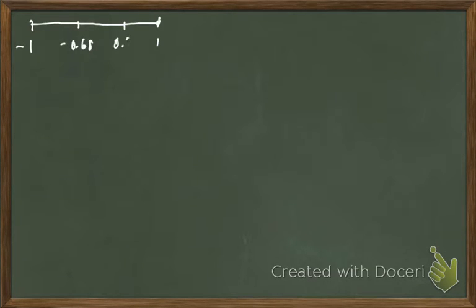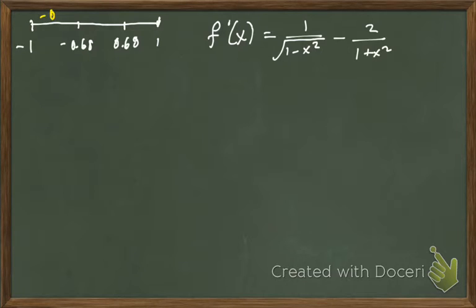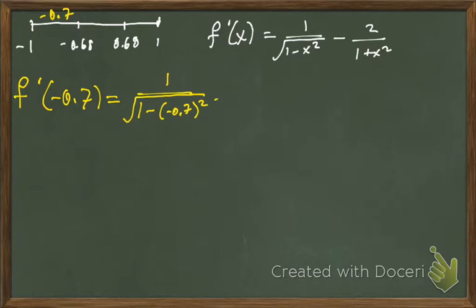So let's pick -0.7 would be good. And let me go ahead and write down what the derivative is. And we'll go ahead and use -0.7, plug it into the derivative. And we're not interested too much in what the number is other than is it positive or negative. Okay, so here we go. And then when we plug that into our calculator, that is going to be approximately